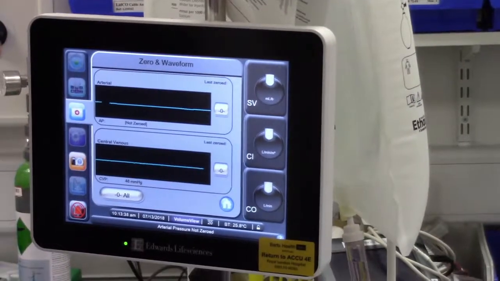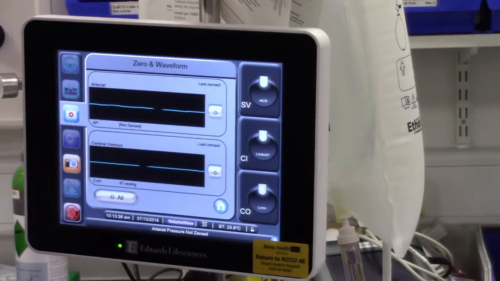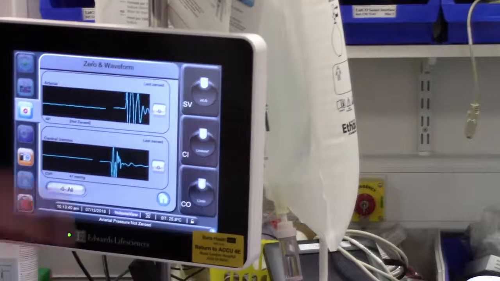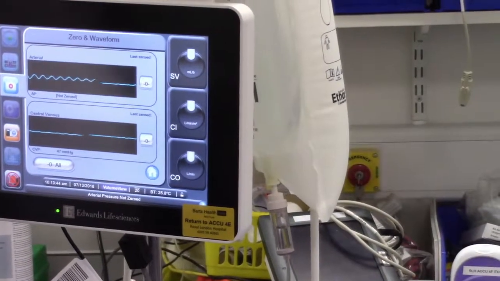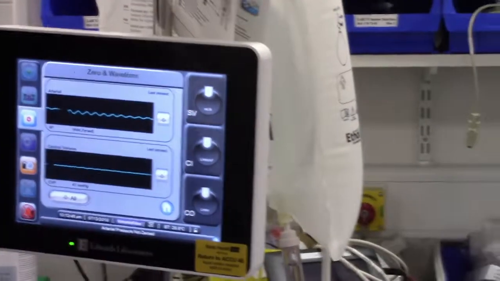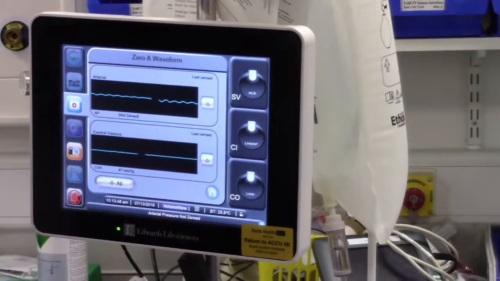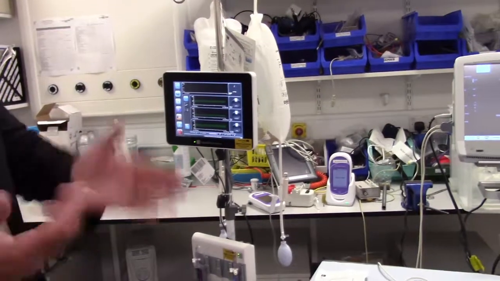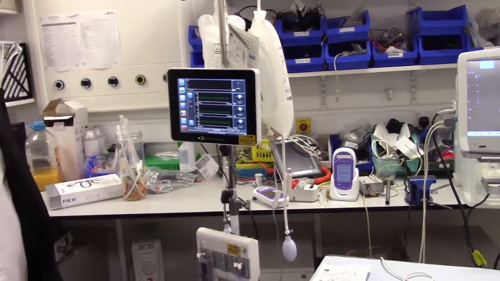Zero all will zero on this monitor, because remember we have two interfaces: the interface with this monitor and the interface with your monitor. So when you press zero, it's good practice to zero here and then zero on the bedside monitor as well, at the same time. It's just good practice, not mandatory. You're not forced to, but again, if you're going to zero one area, you know, continuity of care. People might start